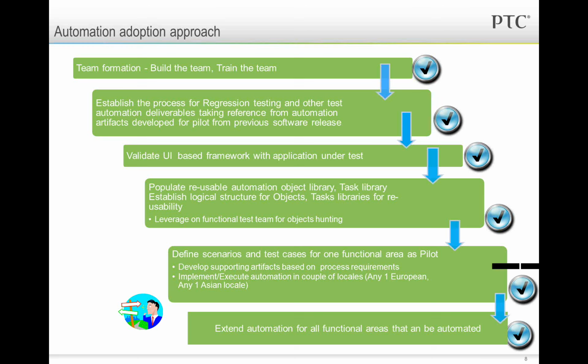So we can leverage the functional test team for objects hunting, because these people are aware